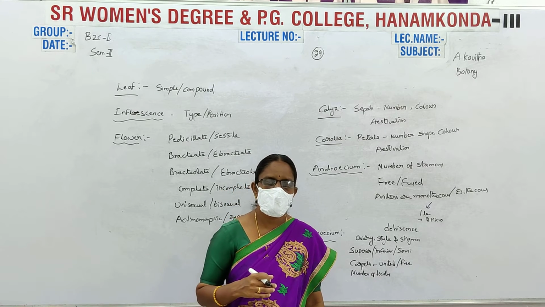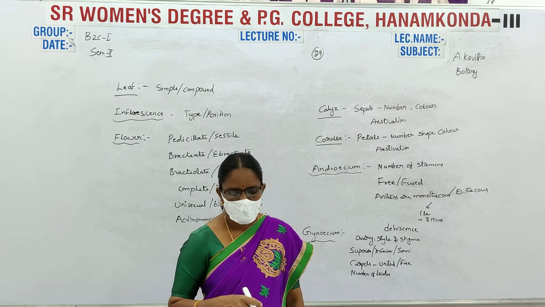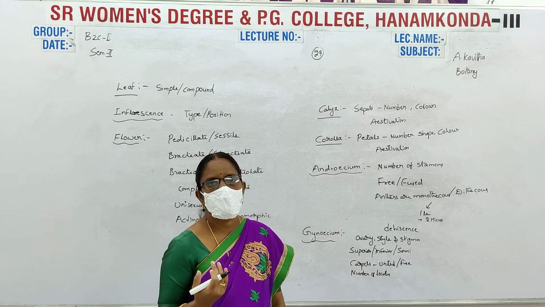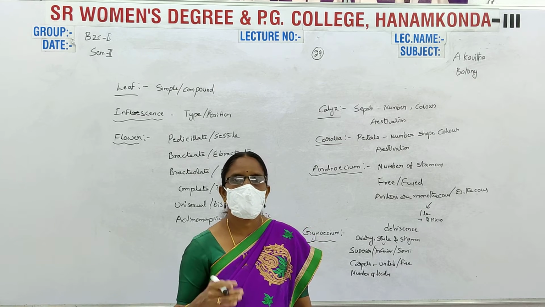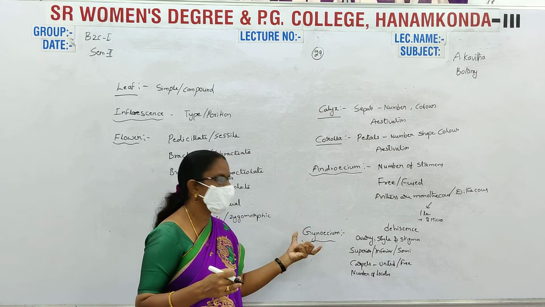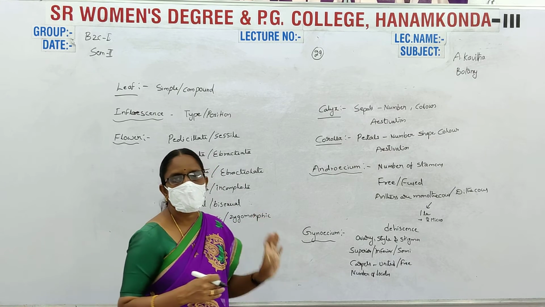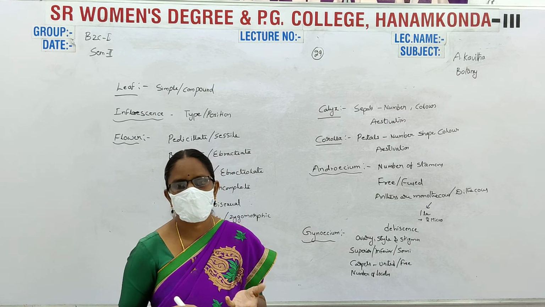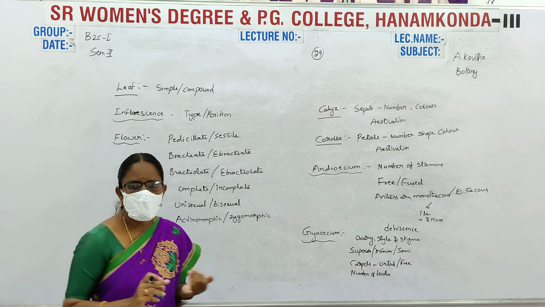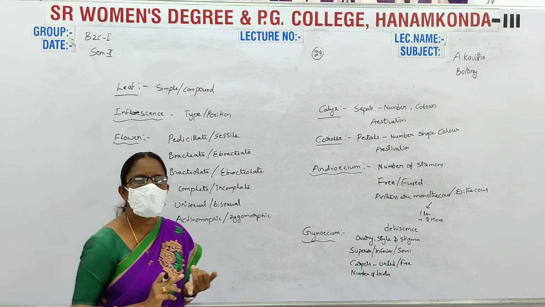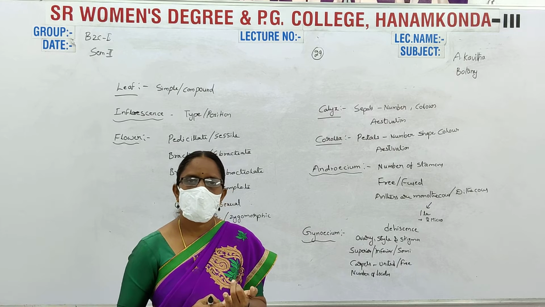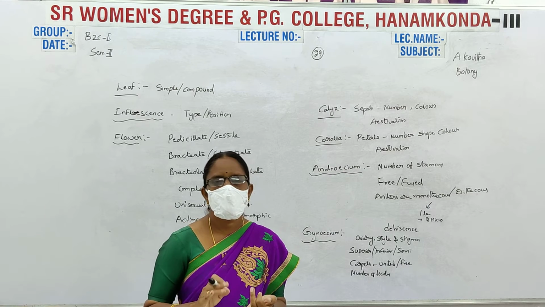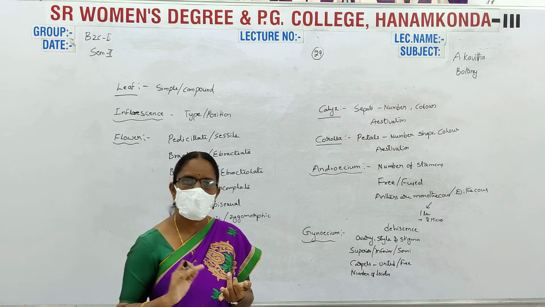Next, we write the pollination of the plant, and the fruit and seed. The fruits and seeds are also of different types. Endospermic seeds and non-endospermic seeds are present in different plants. This is the technical description of a normal plant. Any plant, monocot or dicot, hydrophyte, xerophyte, mesophyte, any plant: first write the habitat and habit, and second the root system. What type of root system is present, and the stem, and next the leaves: simple or compound leaves, venation, whether stipules are present or absent, and different types.